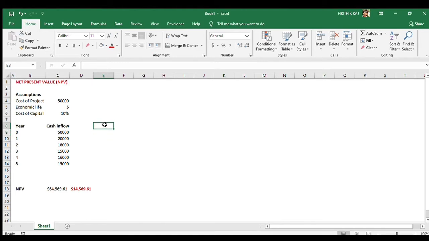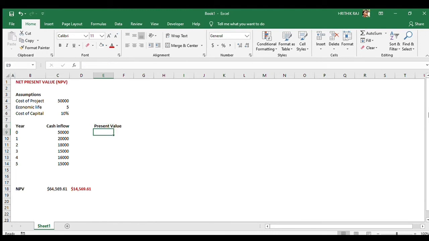There is one more method to calculate, which is the present value. We can calculate NPV using present value. I'm showing you how to calculate it using present value. So we have to make another column of present value.